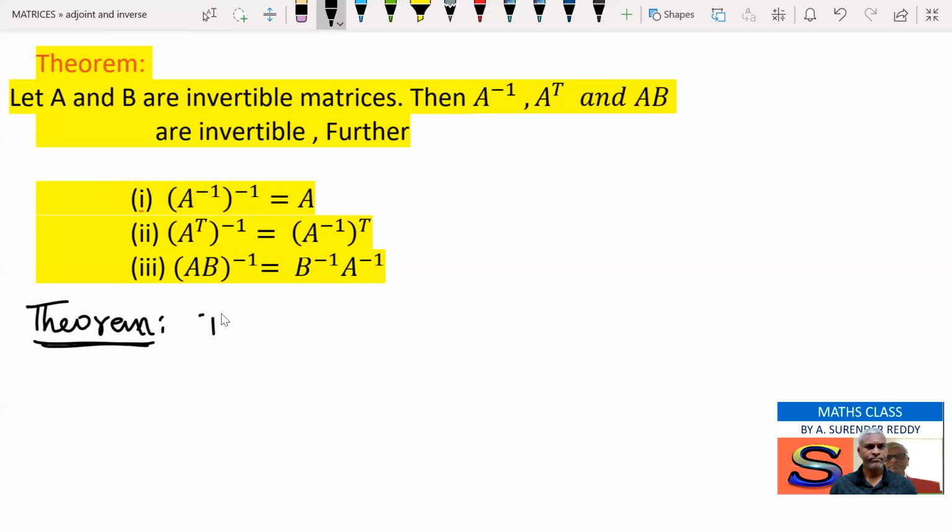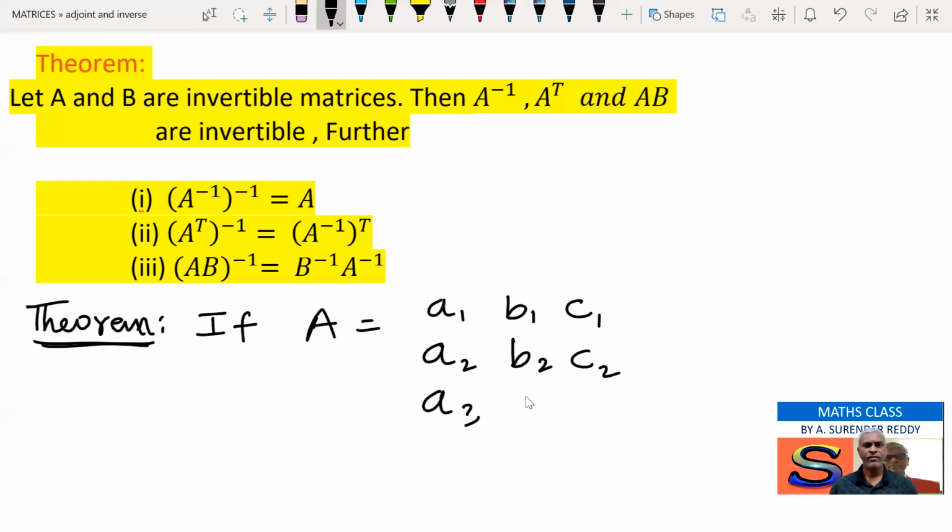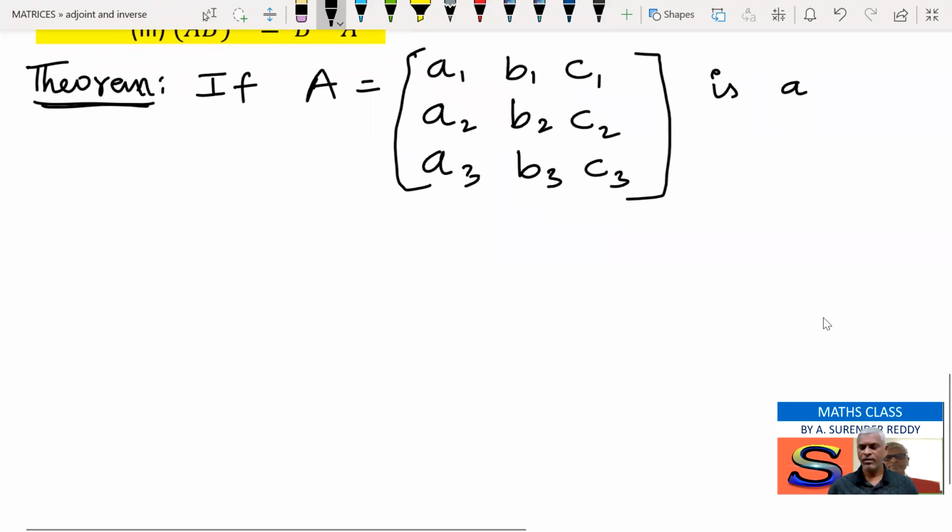If A is equal to [A1, B1, C1; A2, B2, C2; A3, B3, C3] is a square matrix, and A is a non-singular matrix,